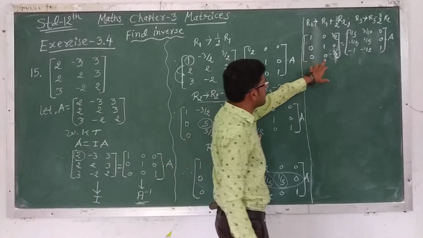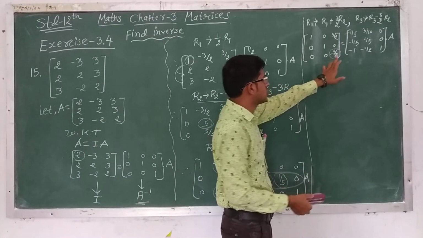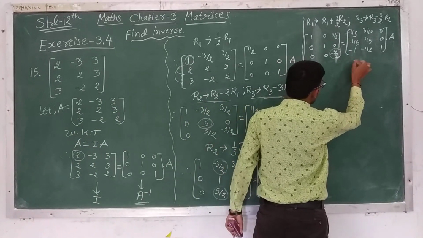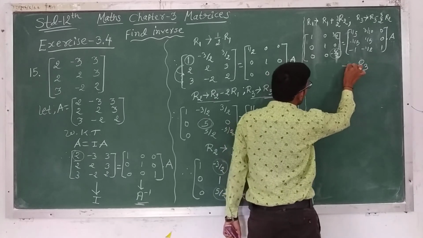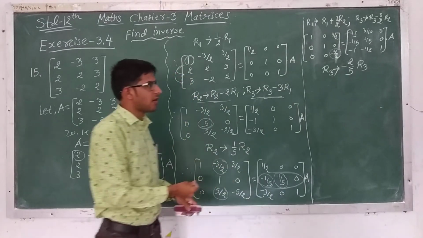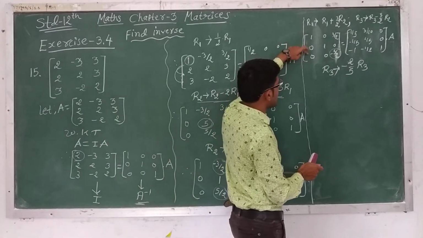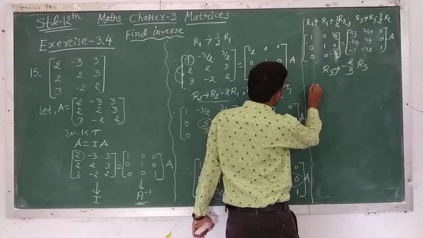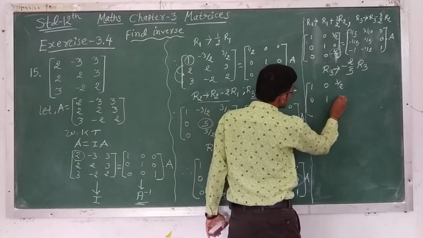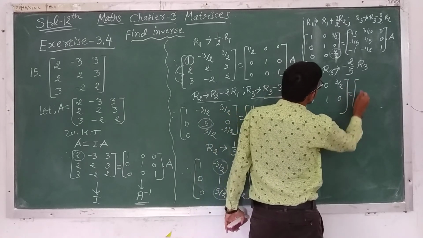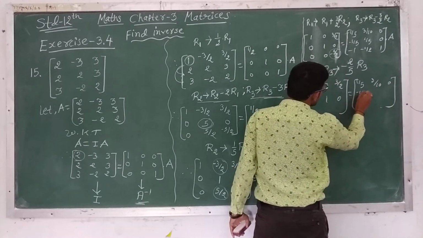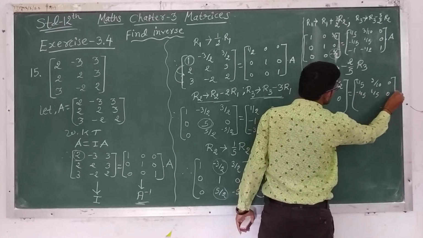So we have to multiply by minus 2 by 5. So minus 2 by 5 into 5 by 2 will be 1. So we have to multiply R3 by minus 2 by 5, R3 tends to minus 2 by 5 into R3. So the first and second rows are as they are on both sides. First of all we write down 1 0 3 by 2 0 1 0, and 1 by 5 3 by 10 0 minus 1 by 5 1 by 5 0.